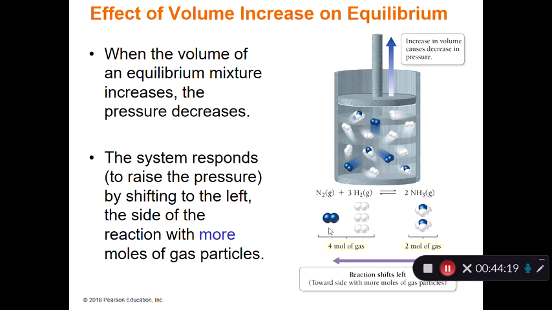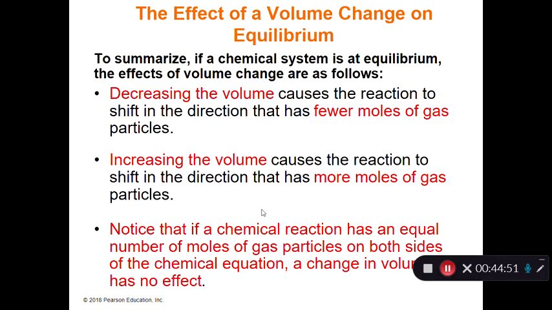If we increase the volume, at the same example, so system has enough space, enough room for the molecules, so it prefers to make more moles of gases. So shift to the more moles of gases. We don't have any rule like the concentration, so you just need to count the moles of gases and work on this. So to summarize the information I gave you,